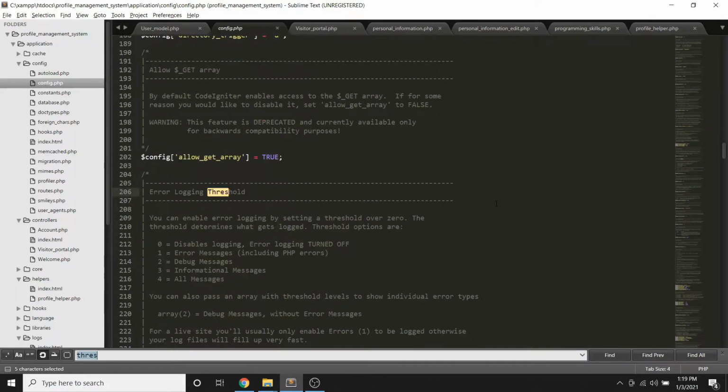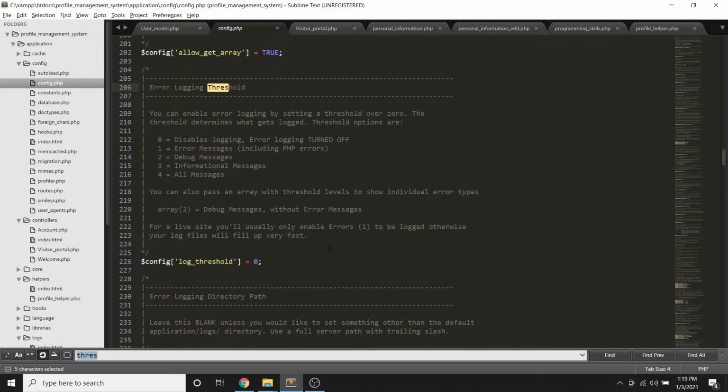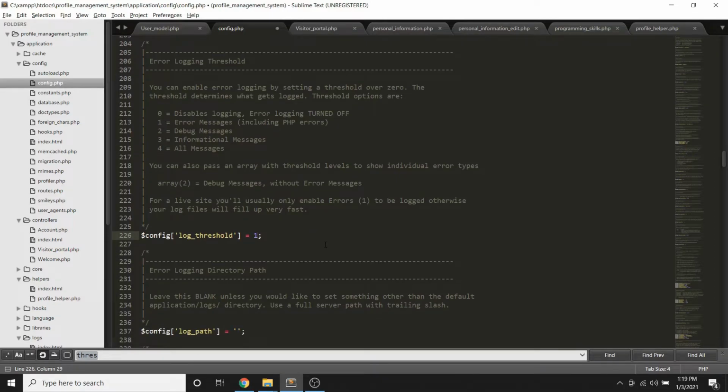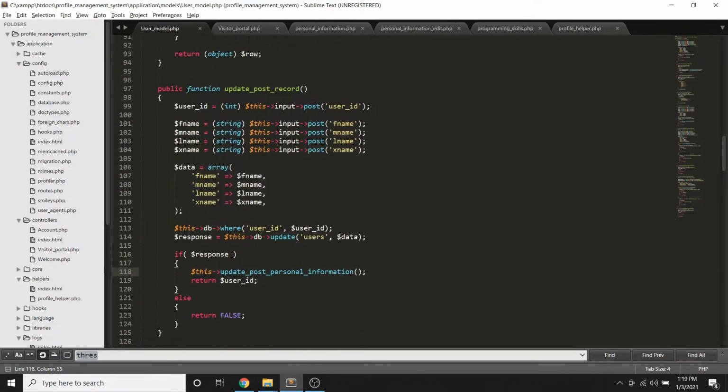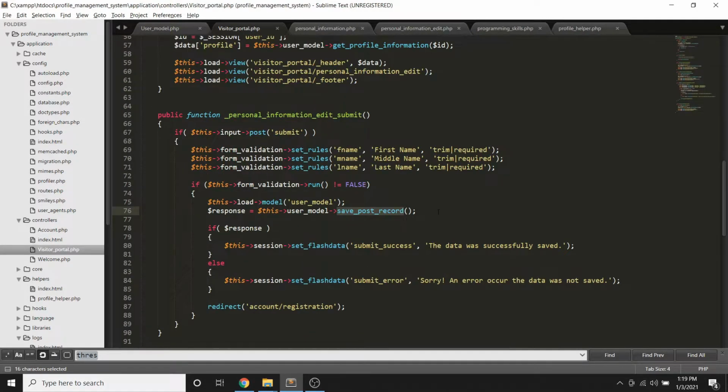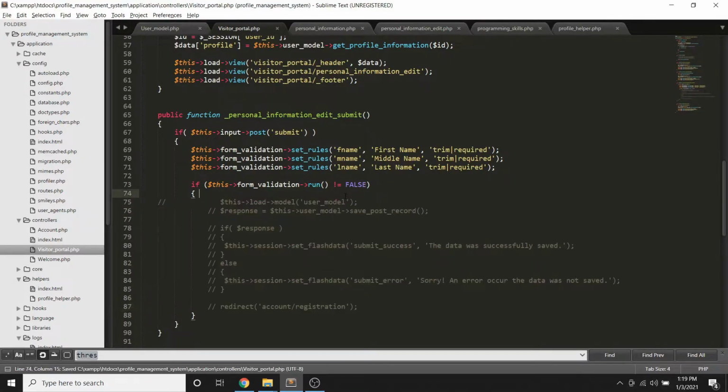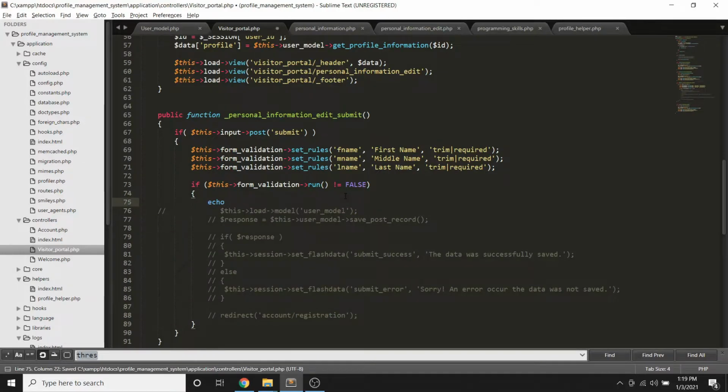I-search natin. Yan, ganito. So, all we need to do is to make this 1. See, for a live site, you'll usually only enable errors to be logged, otherwise your log files will fill up very fast. Okay, so we're going to do that to display error messaging. Okay, even page errors. Okay, so once we do that and magkaroon ng error, let's say for example this, let me comment this one, and let me try to echo,